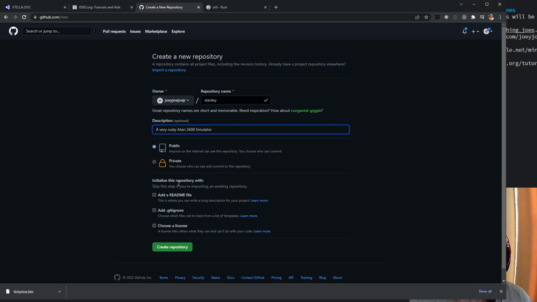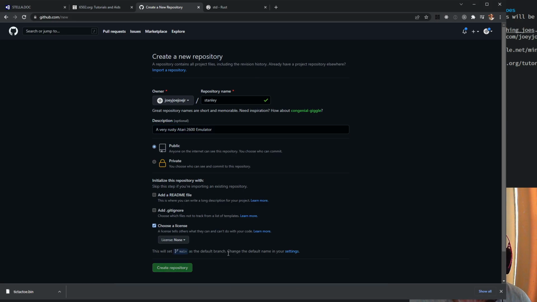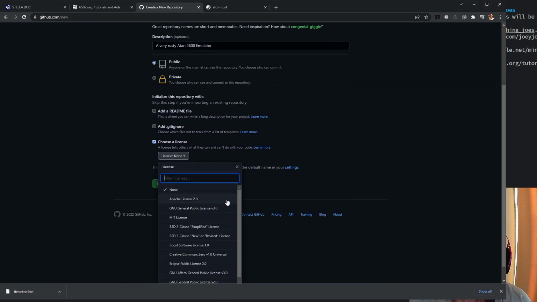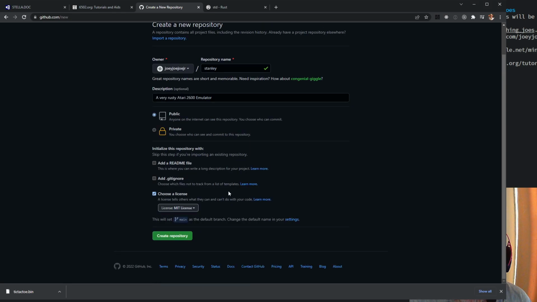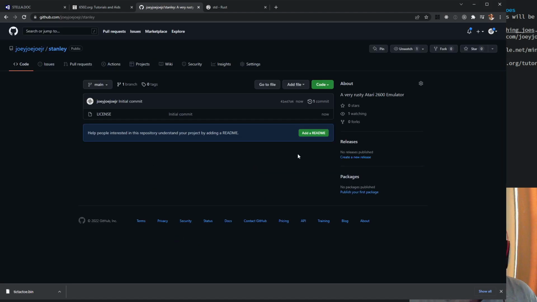The public file, we don't need the readme and gitignore, that's all done. Let's choose a license. We'll just do MIT, use it as you will, modify all that stuff. Make money off of it. I'm sure that it will be really lucrative. And then we'll